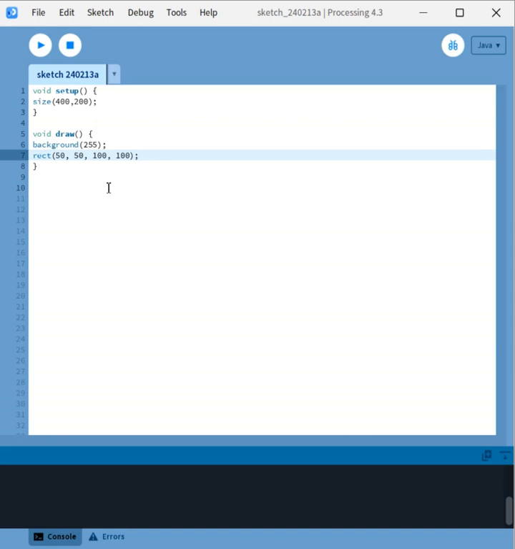So this line of code draws a square at position 50, 50 with a width and a height of 100 pixels each. And if we want to fill it with red color, we can do that by writing fill and in parentheses 200, 100 and 100. Like this. This line sets the fill color used for drawing shapes to red. The arguments 200, 100 and 100 represent the red, green and blue components of the color respectively in the RGB